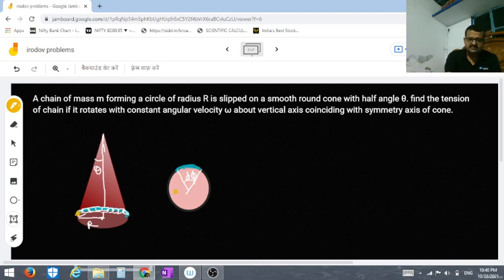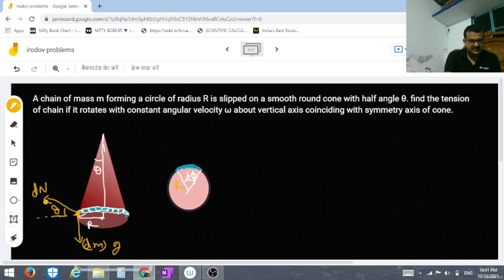The larger view I have drawn here by drawing the cross section, where you can see the radius r, and this element r d phi. This is the mass dm. We can see the gravitational pull will be acting downwards and the value is dm into g. Normal force is acting in this direction, that is normal to the surface. Now you can see this semi vertical angle is theta, so the angle from horizontal will also be theta.